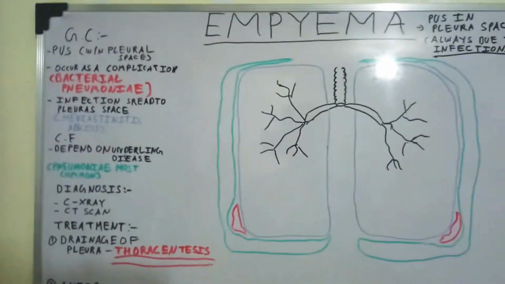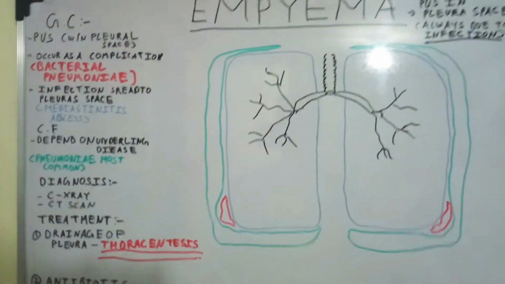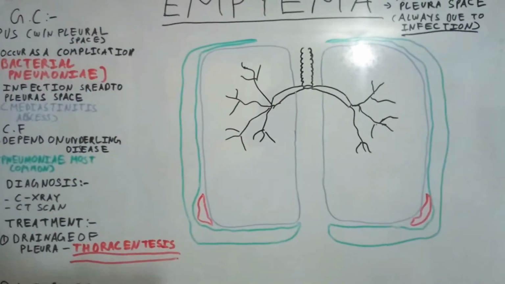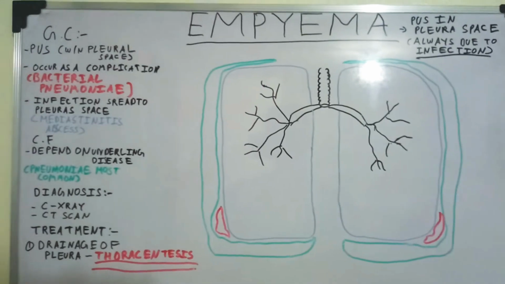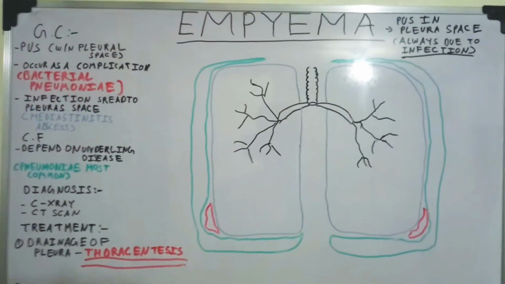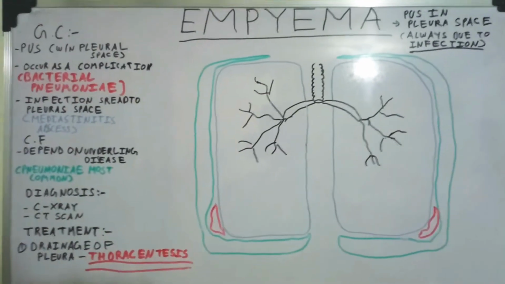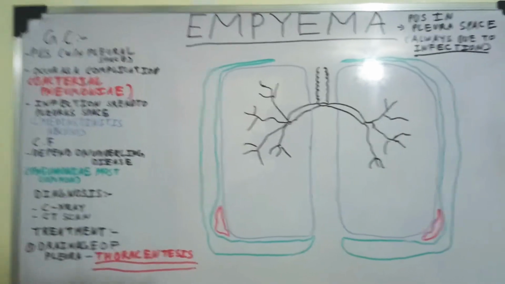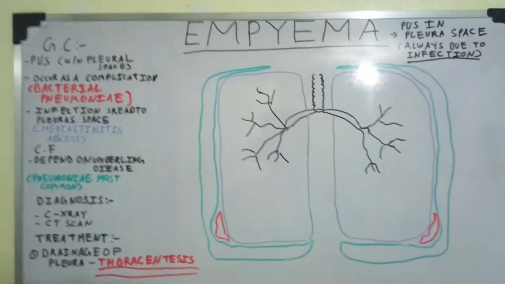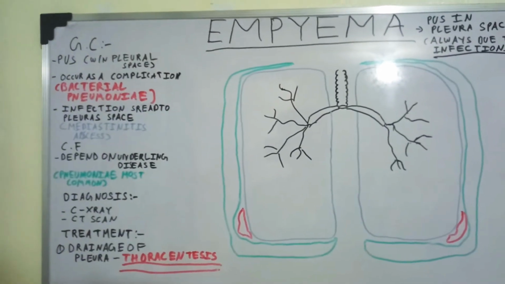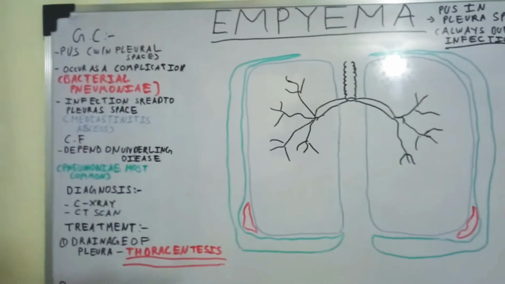So empyema, the basic definition is pus in pleural space, and this pus is always due to an infection, whether it is an infection in the lungs or it is an infection in the mediastinum that has spread into the pleural space. Now the general characteristics of empyema is pus, like I said, within pleural space, or it could occur